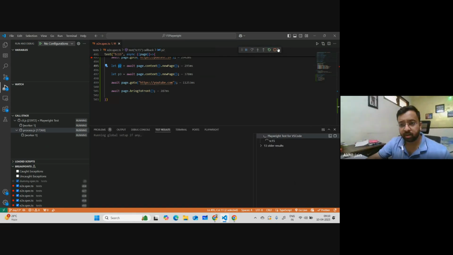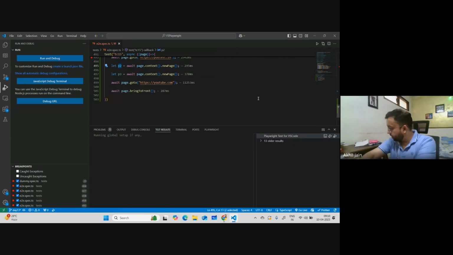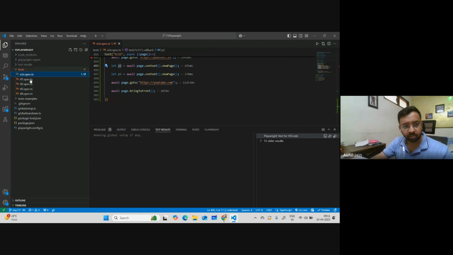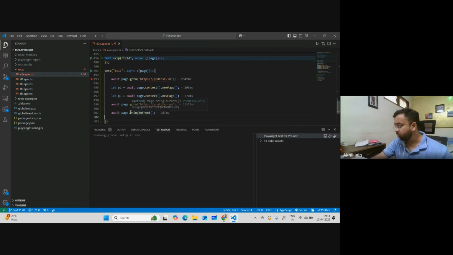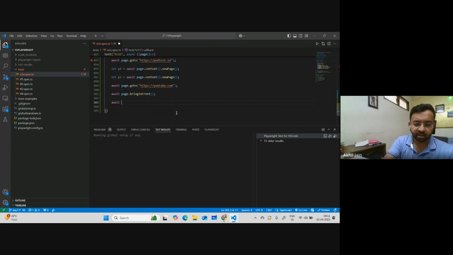Okay. Let's step over and let's stop this execution. Okay, great. So we are done with this also. We are done with close and all. We understand this part. One method which we already know is the pause method, right? There is one more method called pause, and it helps you to get into the debugging mode even from the normal execution. So let's say you are debugging a code, and you do not have the extension and all. What you can do is you can say await page.pause. What this will do is this will make your code,